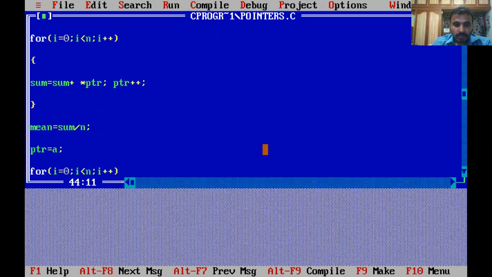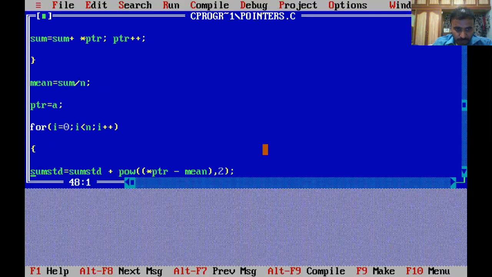Again, whenever we want to calculate the standard deviation, the address of the first element of the array has to be stored in the pointer, because we should calculate right from the beginning of the array of elements. That's why the initial array element should be a, and the address of the first element of the array will be stored in the